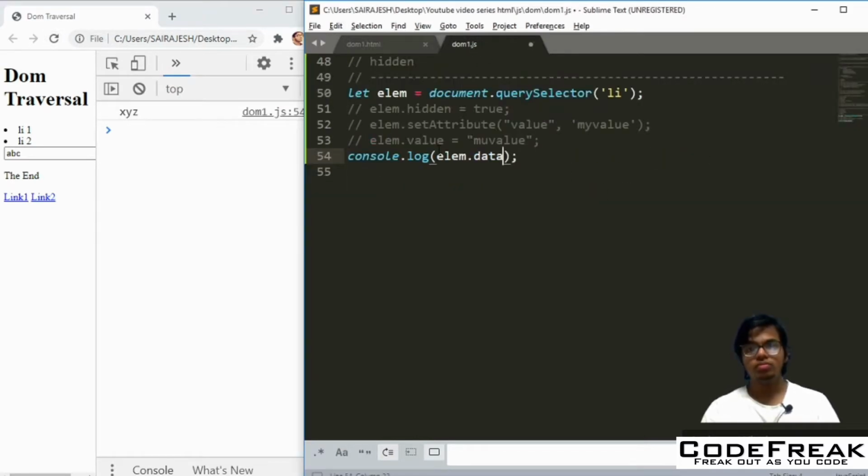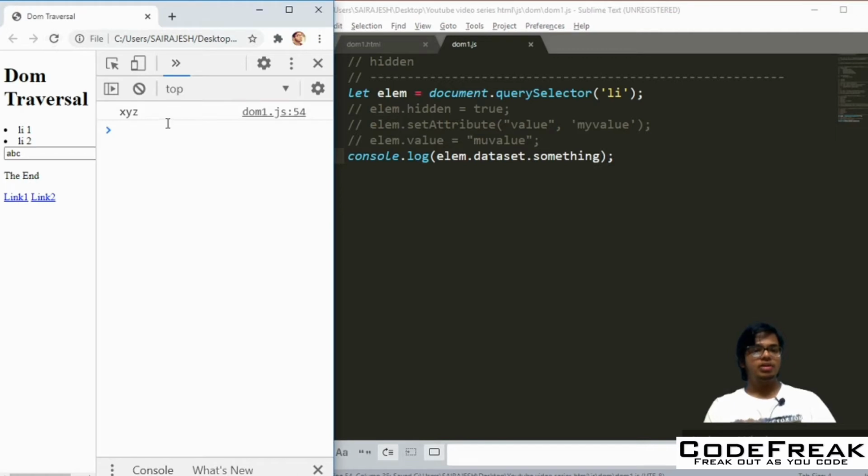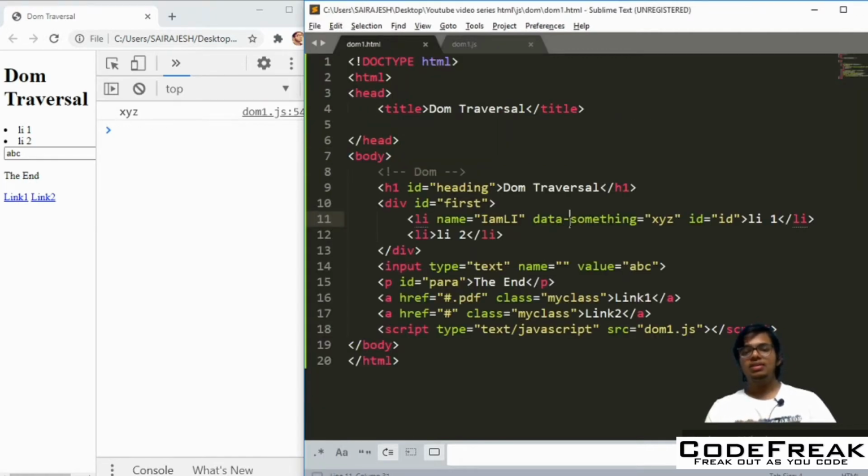If you want to use it directly as a property, that's also possible. You have to use the camel-cased format. So you have to use dataset, and then dot something. If I refresh it, you see that you got X. If you don't have the data here, it will come undefined, as we had seen previously.